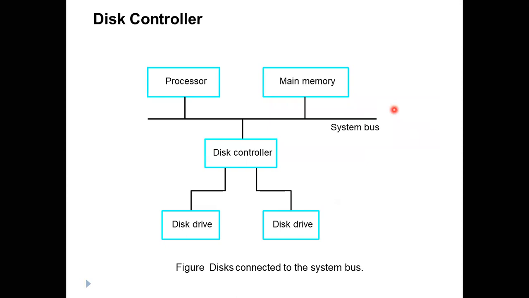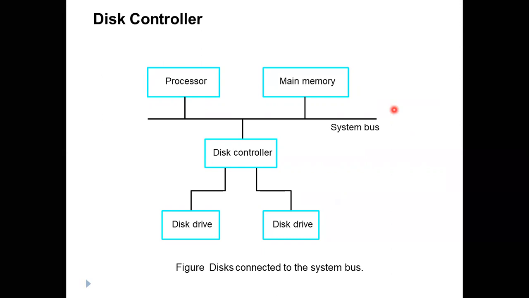This is the disk controller. The disk controller is a controller which helps in controlling the complete disk operations. What are the different disk operations? Disk operations mean the movement of the disk in every phase and every attribute, like the movement of the head, the movement of the disk, the seek time, the latency time, how we can reduce the latency time, how we can reduce the seek time, what the access time is, the performance, the efficiency. All this is controlled by the disk controller.